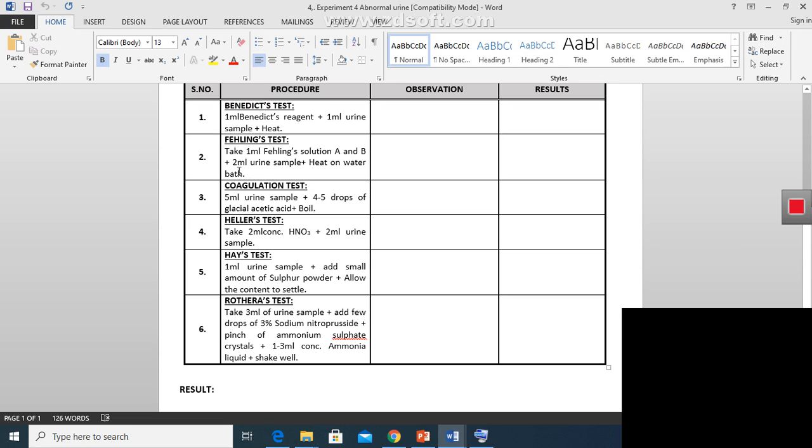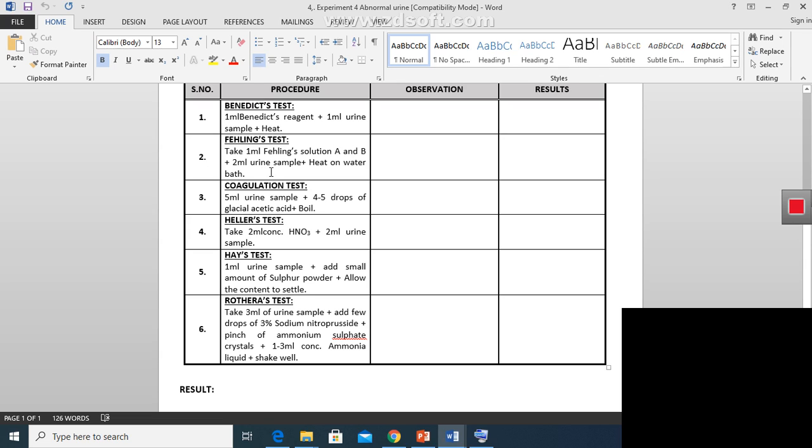So in the Fehling's test we have to take 1 ml Fehling's solution in a test tube, and these are the two types of Fehling's solution, one is A and one is B. So we will be using A and B Fehling's solution, 1 ml in a test tube, and then we will be adding 2 ml of urine sample in that, and then we will be heating. And we will be heating in a